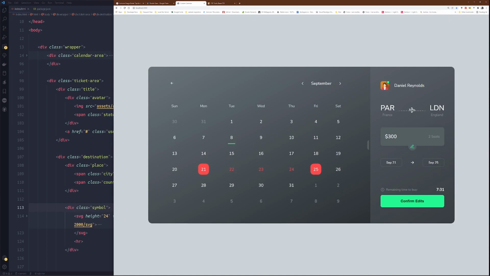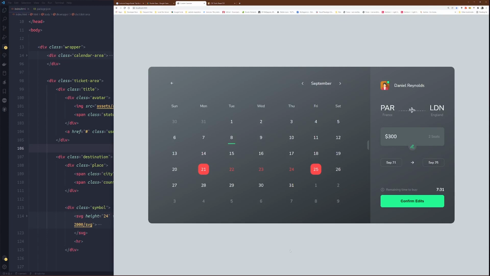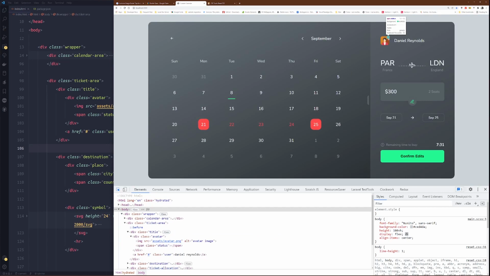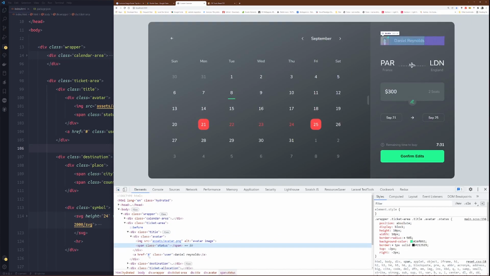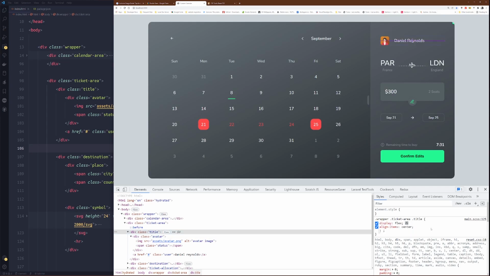We need to bring them out. Let's see. Inspect the elements. If you come out, you could go outside, but the title, if you put position, let's see if you could do somewhere here.